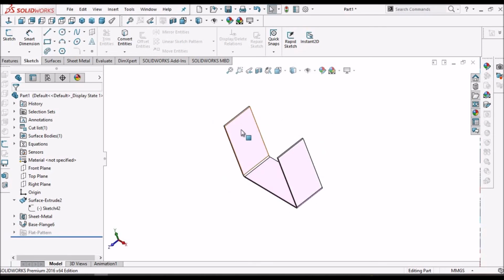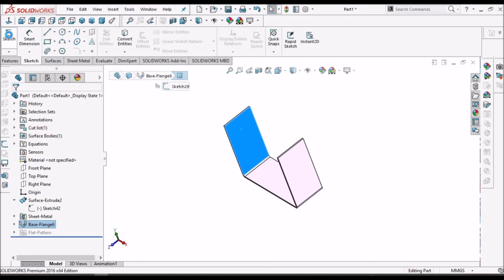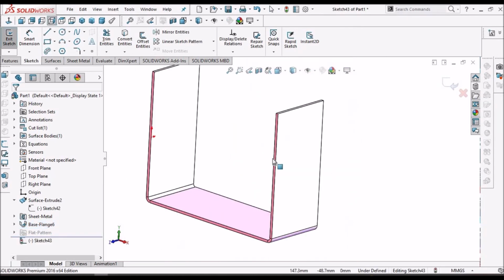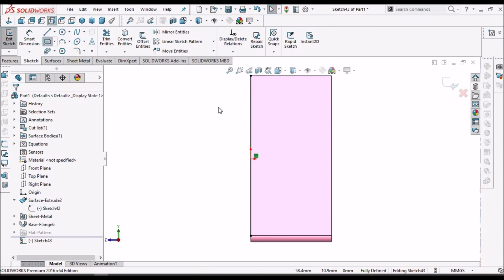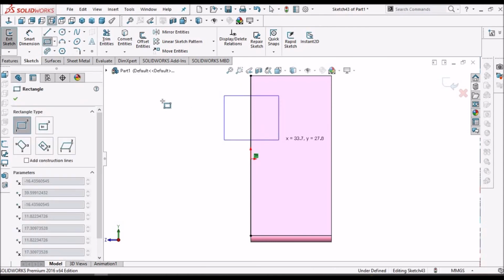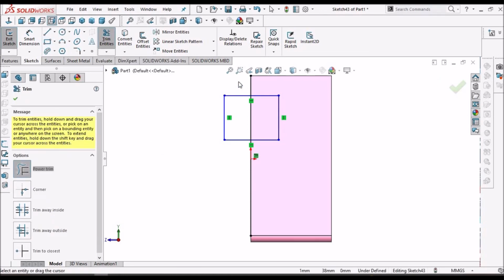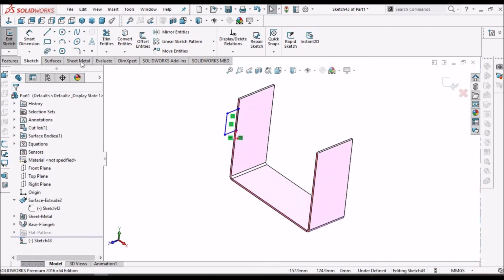See, if I want to create a tab feature, I have to go to sketch and create the desired profile. For example, this is the profile I want.